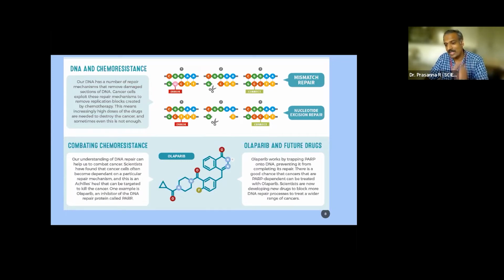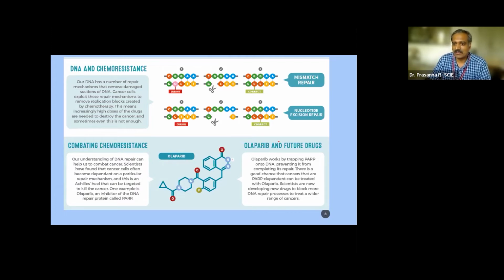First, locating the error is very difficult, and then cutting it at the right location is again a tough task. And then putting it back to correct it is again going to be a tough task. Of course, there are many researchers across the world working on this. So this is another drug we can say which does the job. Still, it is in an evolving state. It is called olaparib,